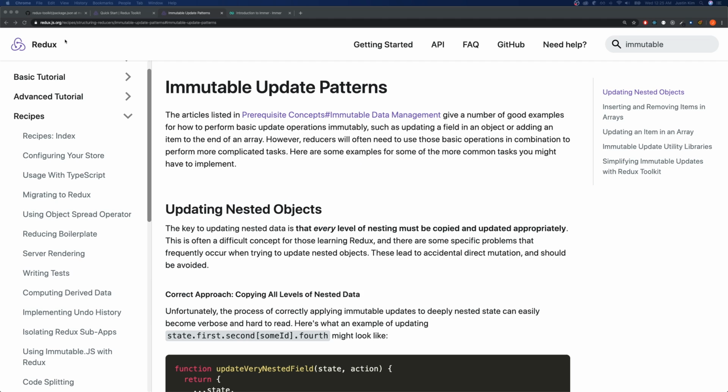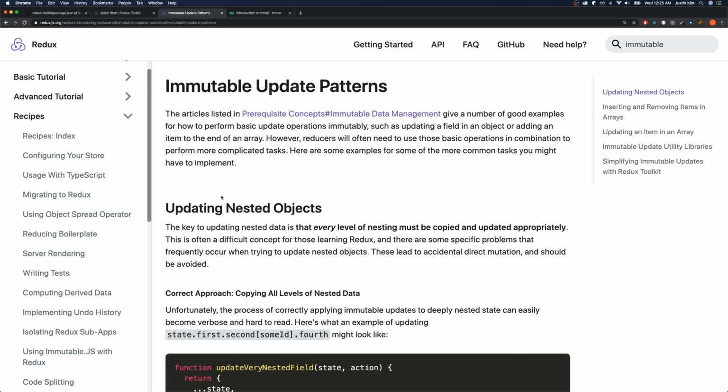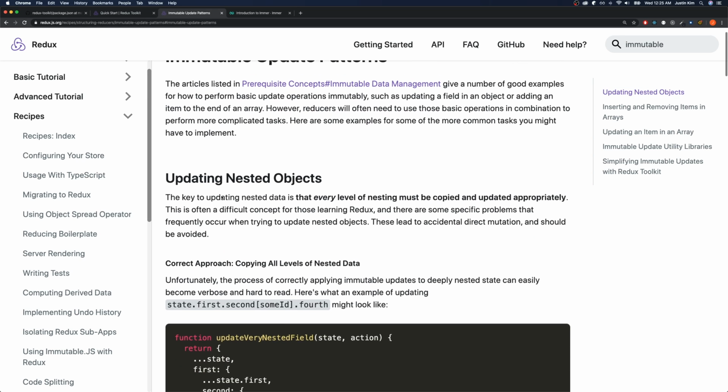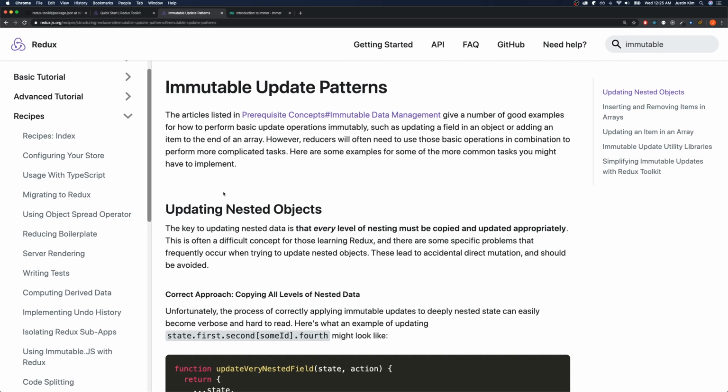I'm on the official Redux documentation. So again, this is not Redux Toolkit's documentation website. This is the original Redux documentation website. And this page right here explains to us the immutable update pattern. So this is one of the core principles of Redux, that we can't directly update our store. We can't directly mutate our store. We gotta dispatch actions to update our store. That is one of the principles of Redux. So the way that we get around not mutating our state is we gotta do these crazy